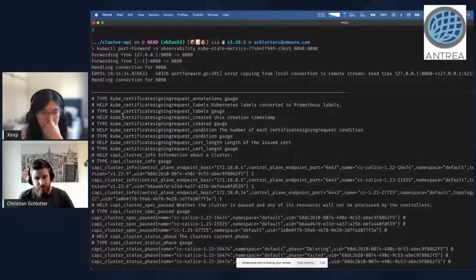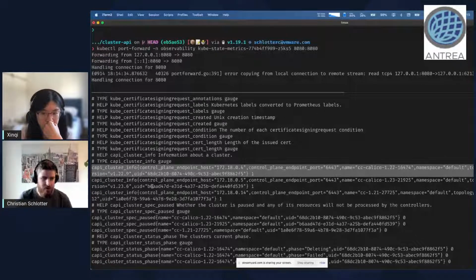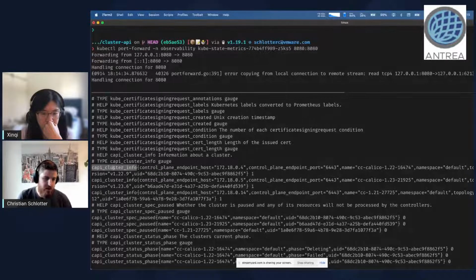Yeah, and so there's the type and help information, for example, and there are also entries having data. Like, for example, here we have a custom metric called KP cluster info, which is of type gauge. And the entry for the metric looks like this. It's the name of the metric, and in curly braces, there's some labeling information. You can think of it like some text information, a key value pair. And at the end, there's also a value for it. So in this case, the metric has the value of 1, but it could also be 0 or any other kind of floating point